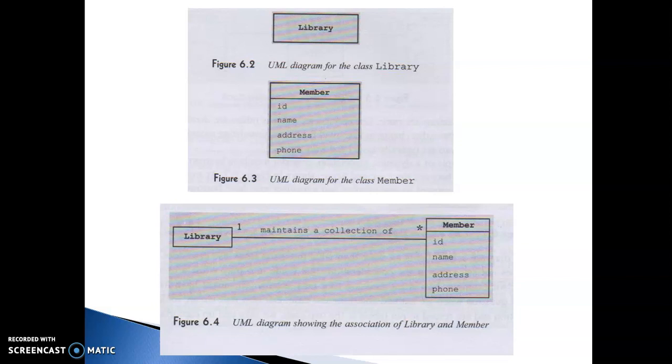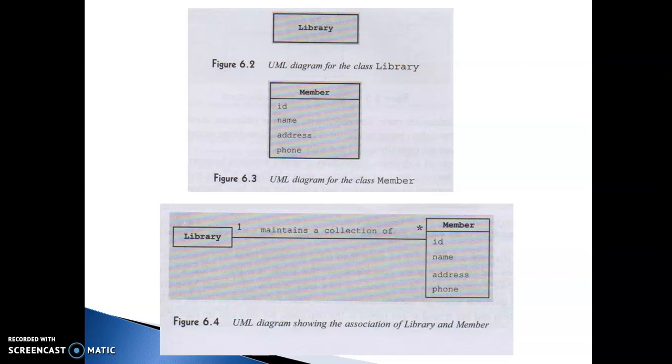So mainly we have a library system, and you will have a member. Members have certain fields, that is member ID. If you want to be a member of a library, you will be given a member ID, name, address, and a phone number, which we already know. That is a UML diagram, or it is even called a class diagram.